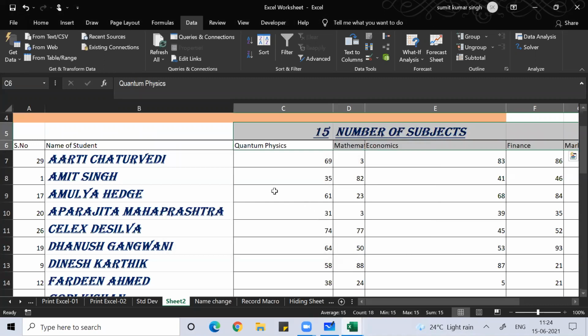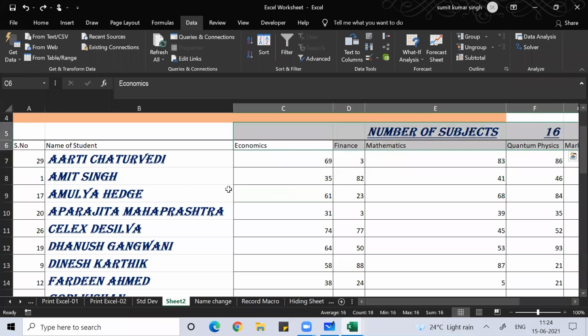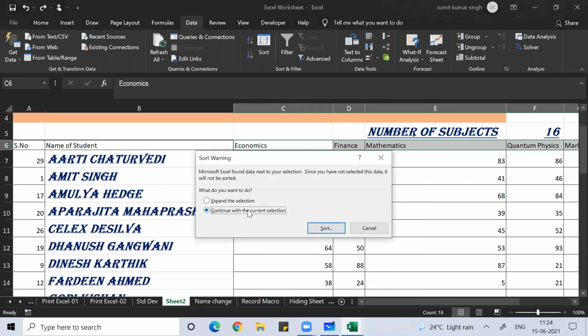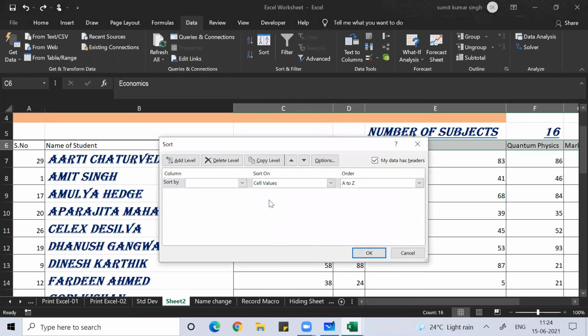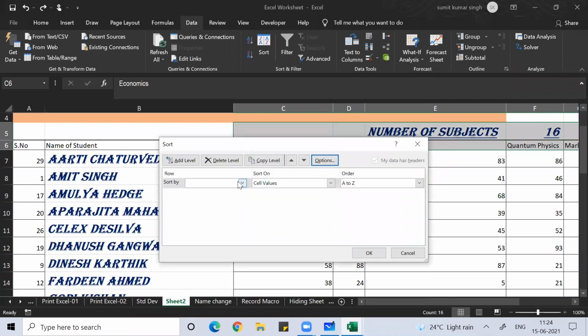It was row 6. Control Z, one minute. That is also selected, Control Shift right arrow. Then Alt D S, continue with the current selection, Options, Sort left to right, sort by row 6, A to Z.